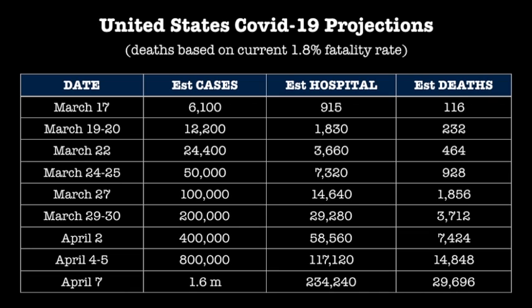Now that might be hard to believe because we look at the total deaths around the world and it's about 8,000 right now. So we might be thinking, how is it possible that America will have this many deaths? But in fact, this is a very new pandemic. It's just getting started around the world. So very quickly we've gone from 3,000 deaths now to 8,000 deaths, and in the next couple of days we will likely surpass 15,000 deaths. Those numbers are going up very, very quickly. So America will still be just a small percentage of the global number of deaths.